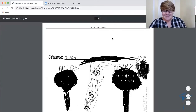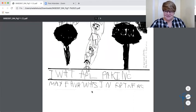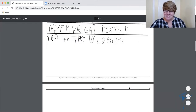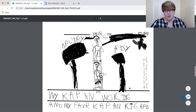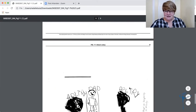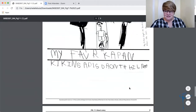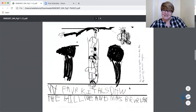So you might see something like this. Pictures with some labels, right? And some sentences down here, and there's one page, and then 2 pages like that, 3 pages, and then here's even a 4th page. Or maybe even a 5th page. Whoa, yeah, there's a lot of pages. So there's 6 pages in this story. So you might see this, and then you might say something like,